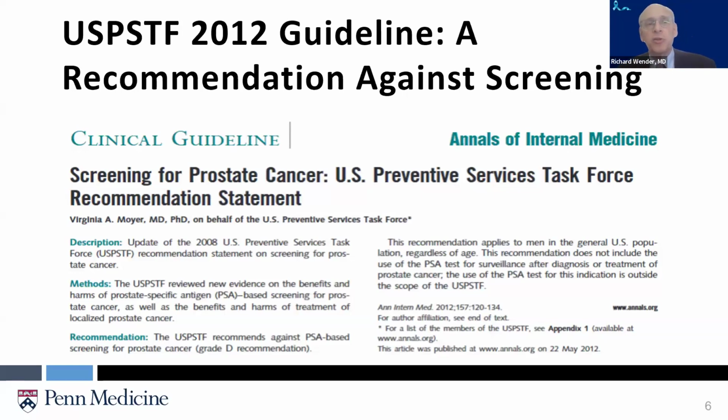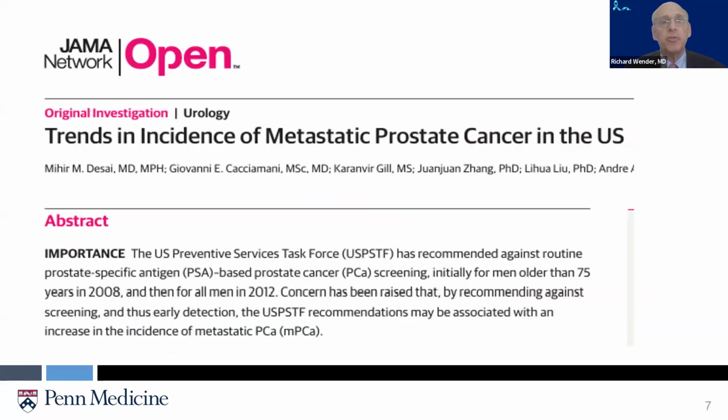And it really can be drawn to this USPSTF, United States Preventive Services Task Force, 2012 guideline, which was, as the headline said, a recommendation against screening. They gave PSA screening a D. And here's a wonderful study that showed, and there are others, what happened in the instance of metastatic prostate cancer